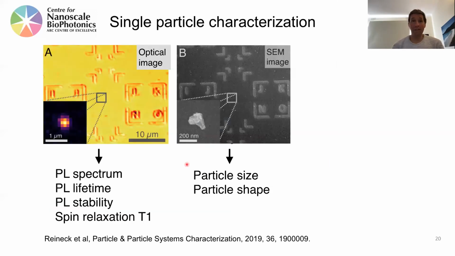So what I did is I took an optical image of particles on a marked substrate and also acquired SEM images of the same particle to make sure that we're actually looking at a single particle, because otherwise, if you don't do SEM imaging, you don't know how many particles you're really looking at. And then we collected as much data as we could from this particle, including a fluorescence spectrum, lifetime, stability, and the T1 spin relaxation time. And that was published last year in this paper, if you're interested in details,